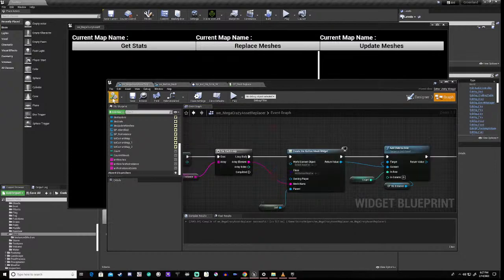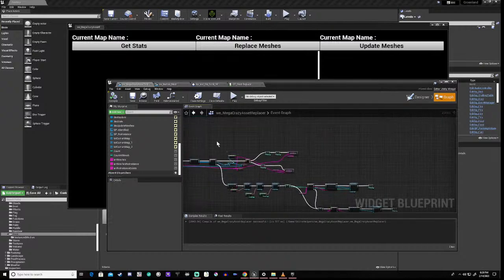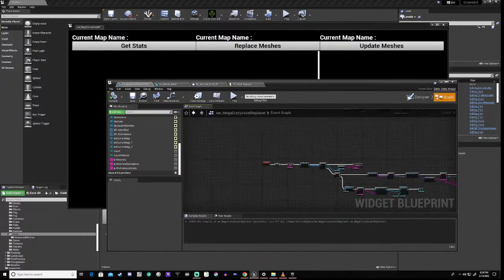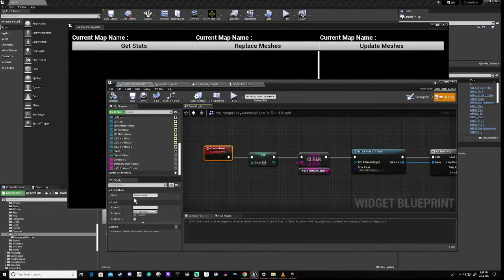And now what we really need to do is rename these other ones where necessary, because it ain't going to work otherwise. So this custom event is called no instance.